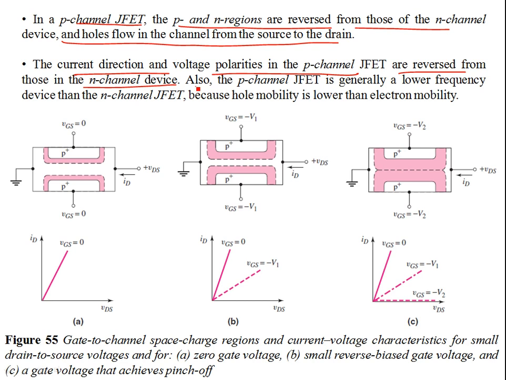Okay, so also the P channel JFET is generally a lower frequency device, and why is that? Because the hole mobility is a little less than the electron mobility. All right, now